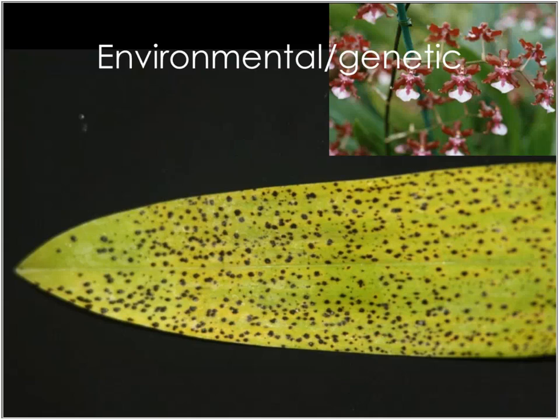And then, again, this happens to just be another orchid example that I'm picking on, but this happens to be very interesting. This is an Oncidium called Sherry Baby, a very popular orchid, and it's got a wonderful fragrance and beautiful flowers. But one of the issues is that it develops these black spots, and these black spots are not caused by a pathogen. This is just the genetics of that hybrid, and at least the environmental conditions where we